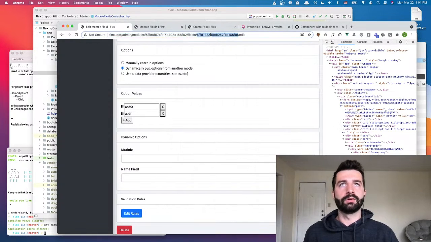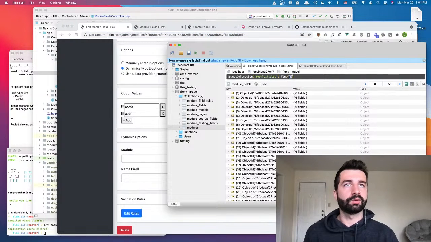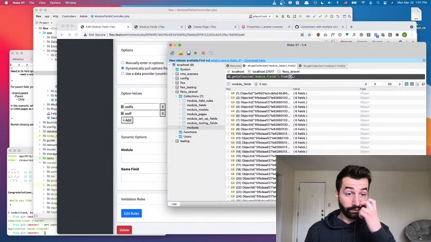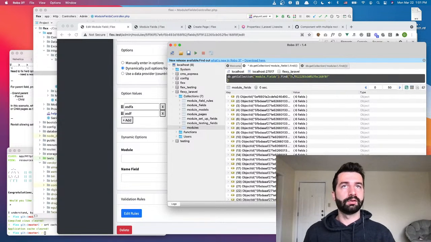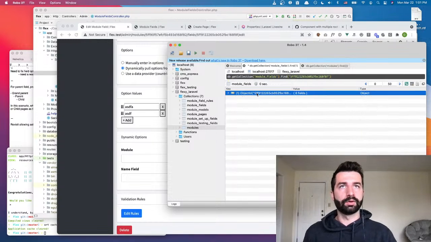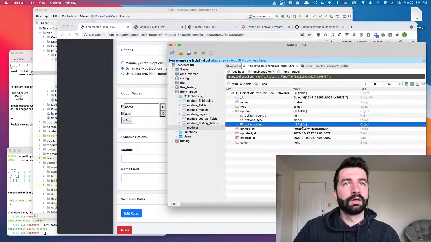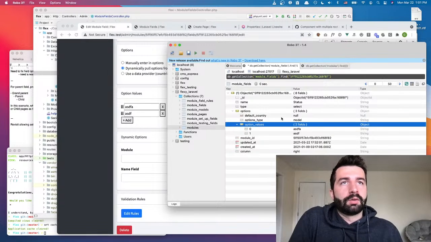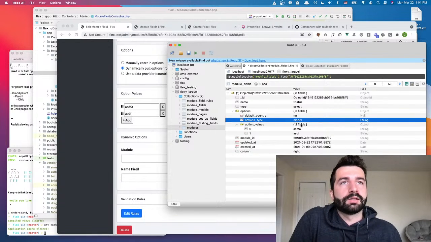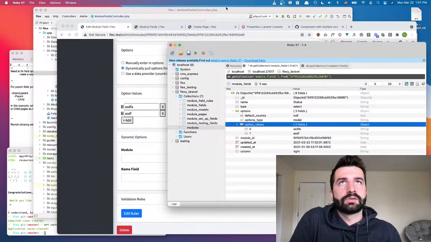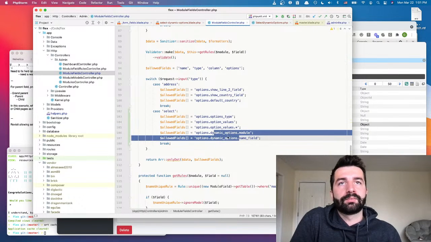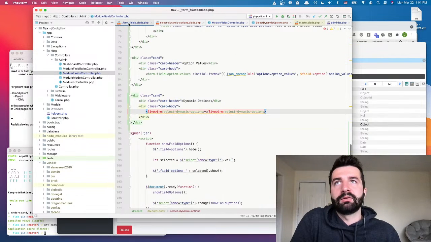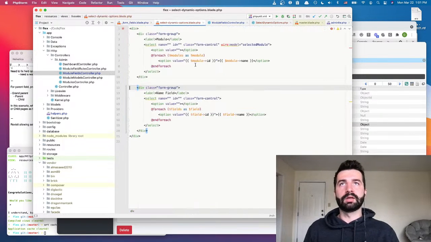And I think what we can do, so last time I was trying to figure out how we can find a record by the ID, and it's actually pretty easy. You just pass in the ID there, and there we go. Filters it by the ID. So options type model, so that got saved, but options, oh right, so we allowed these keys here to be saved, but we haven't actually updated the name of our